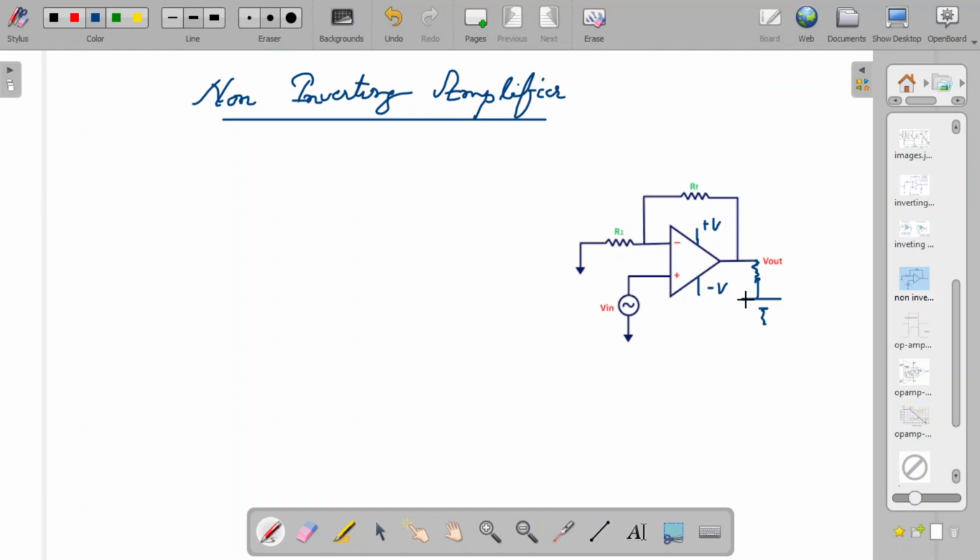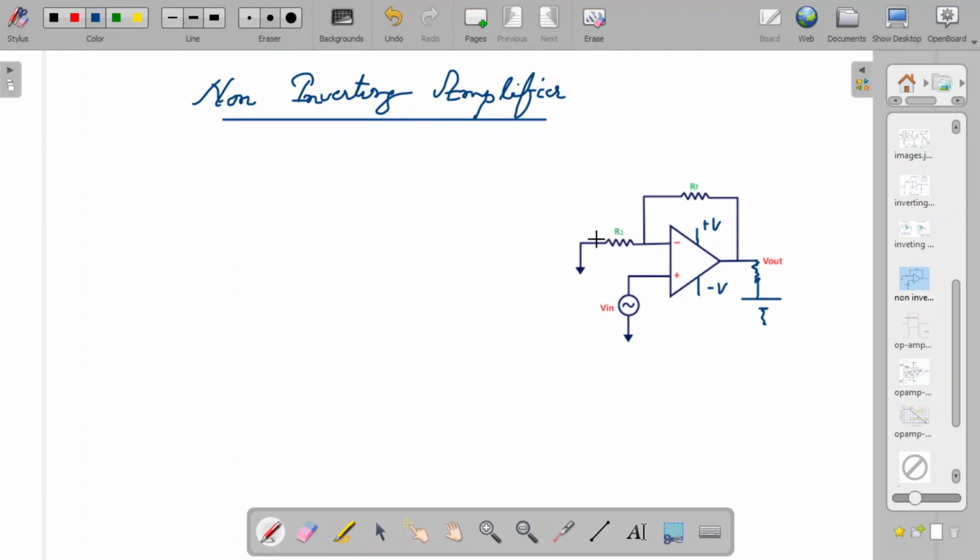Okay, and now we shall see how you can calculate the gain of a non-inverting amplifier. Here this is grounded, and you give the input signal here. Now I can talk about the currents. The resistors are connected here, so I'll be talking more about this particular network, but I have to mark the currents.